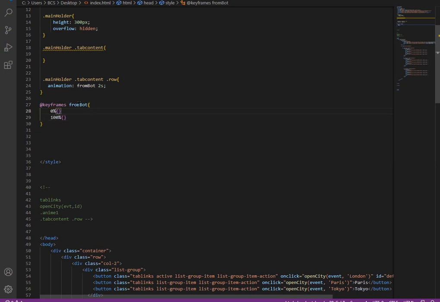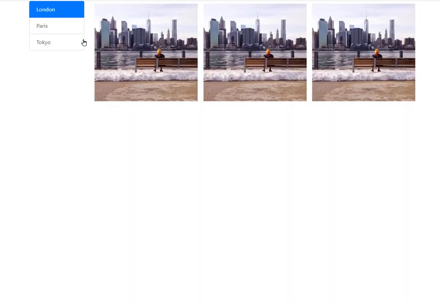On the 0th time frame, translate Y needs to be 100, and on the 100th time frame, that means after 2 seconds, it needs to be at the 0th position, so it will come from bottom to top.